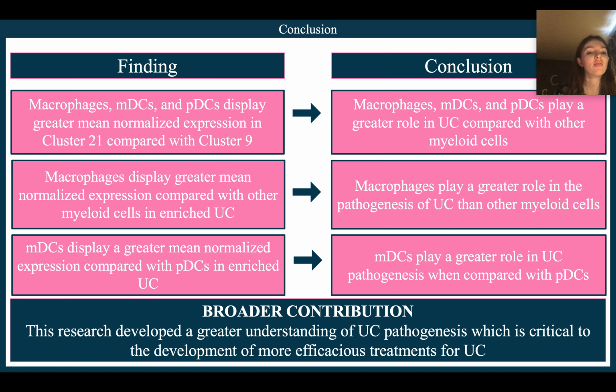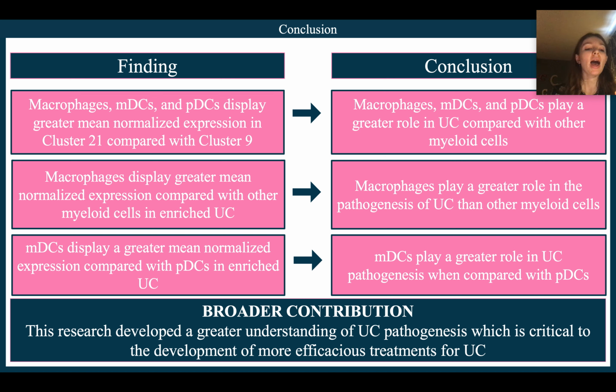So I found that macrophages, MDCs, and PDCs displayed greater mean normalized expression in cluster 21 when compared with cluster 9, which indicates that macrophages, MDCs, and PDCs are playing a greater role in UC compared with other myeloid cells. Additionally, I found that macrophages display greater mean normalized expression when compared with other myeloid cells in enriched UC clusters, which indicates that macrophages are actually playing a greater role in the pathogenesis of ulcerative colitis when compared with other